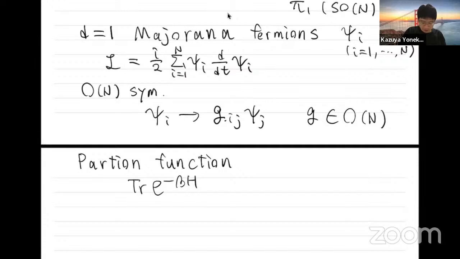If we have a quantum system, then we take the Hamiltonian, and we take the inverse temperature, and then we take the trace of exponential minus beta H over the Hilbert space. Then the basic fact is that this is described by the path integral